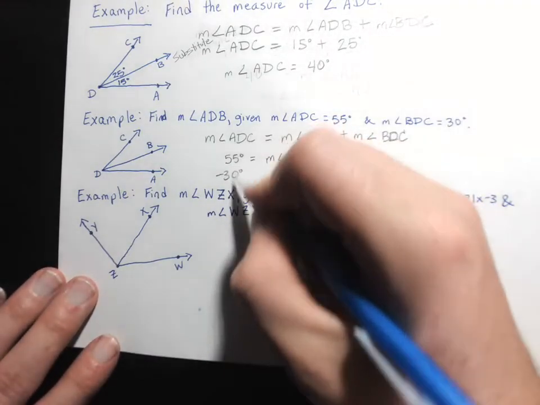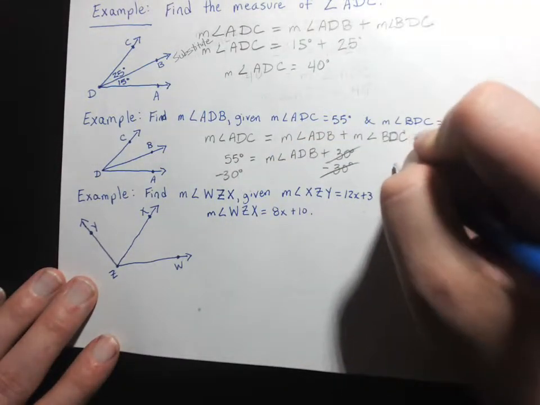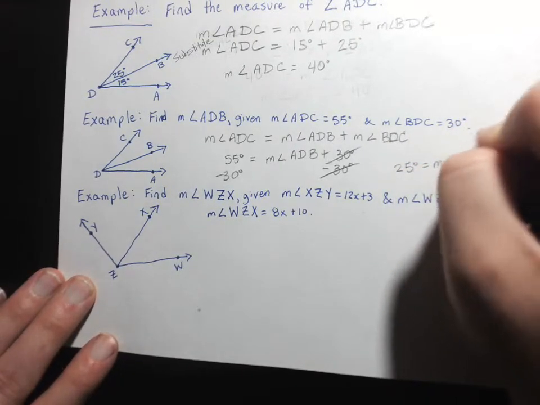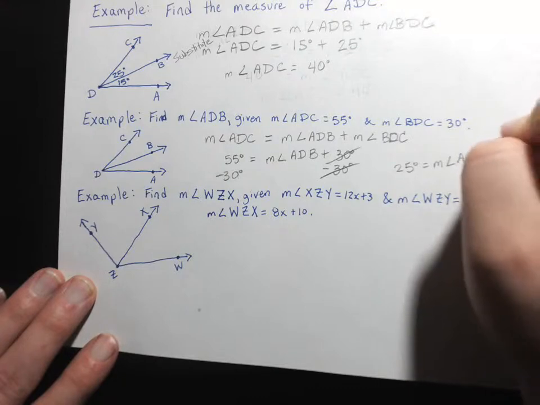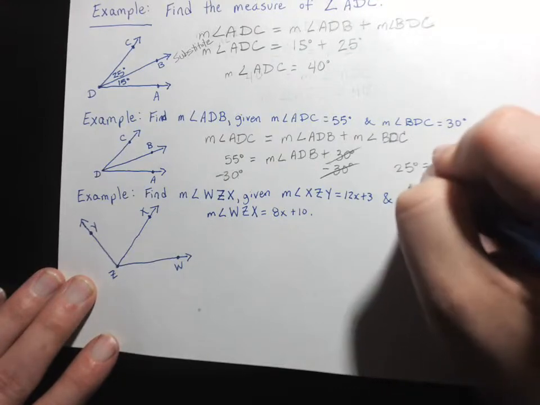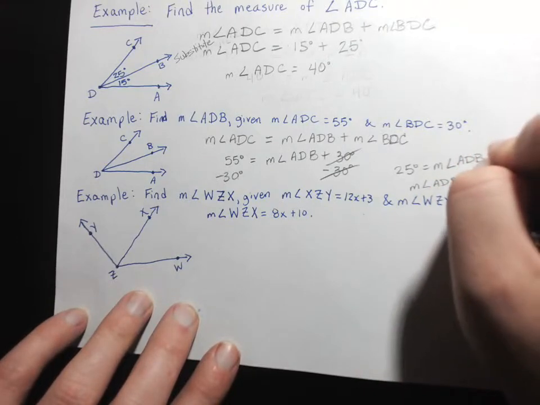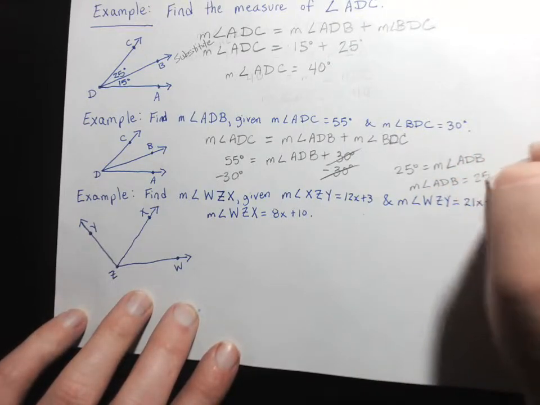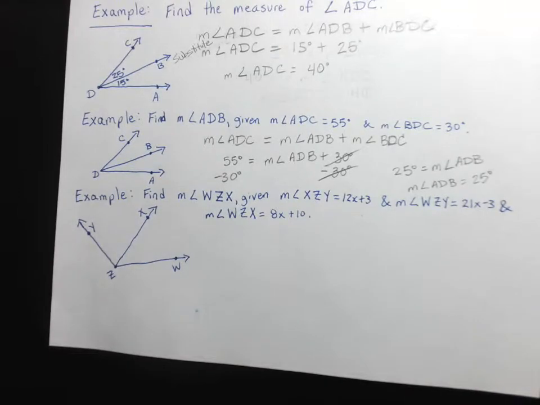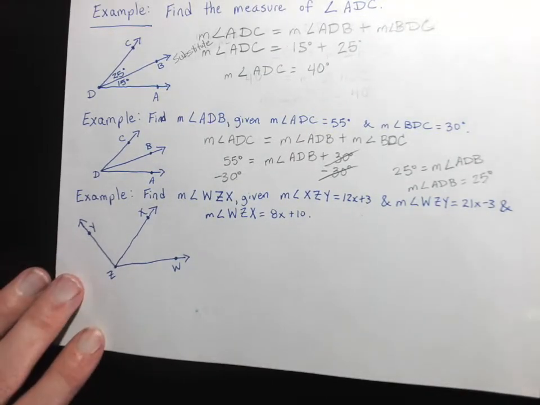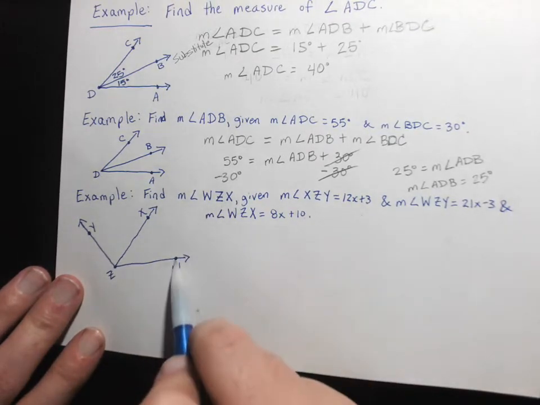So now 55 minus 30 is 25 degrees, which is the measure of angle ADB. And I'm going to turn that around and write the measure of angle ADB equals 25 degrees. Next, let's examine this next example, which says to find the measure of angle WZX, which is this angle,